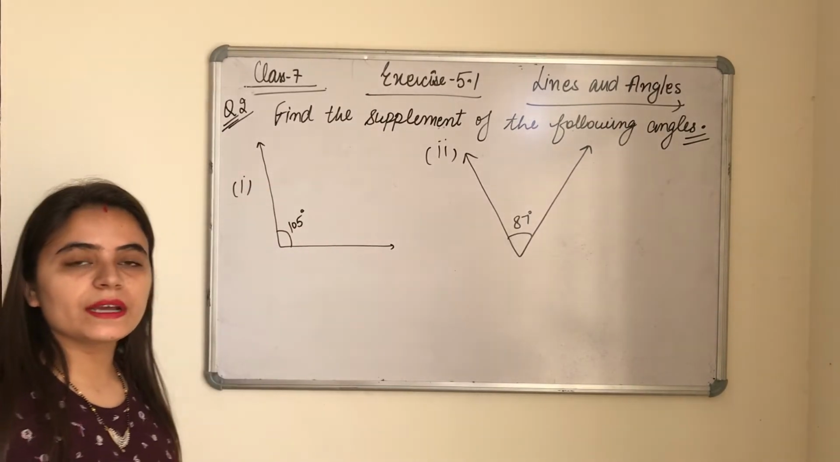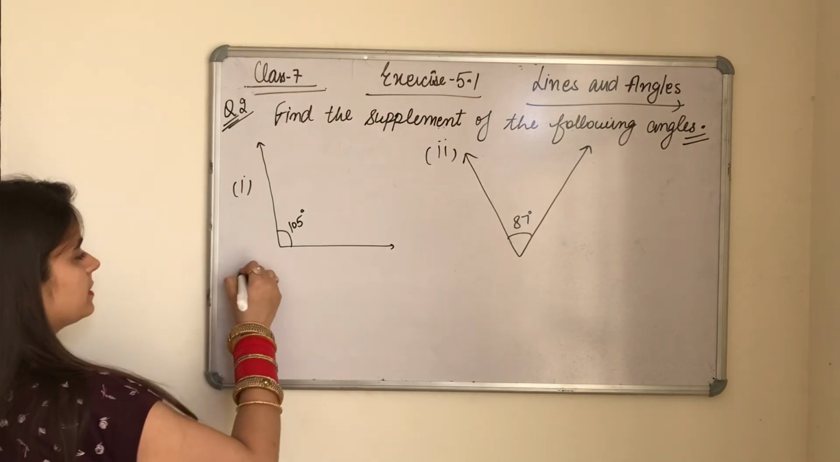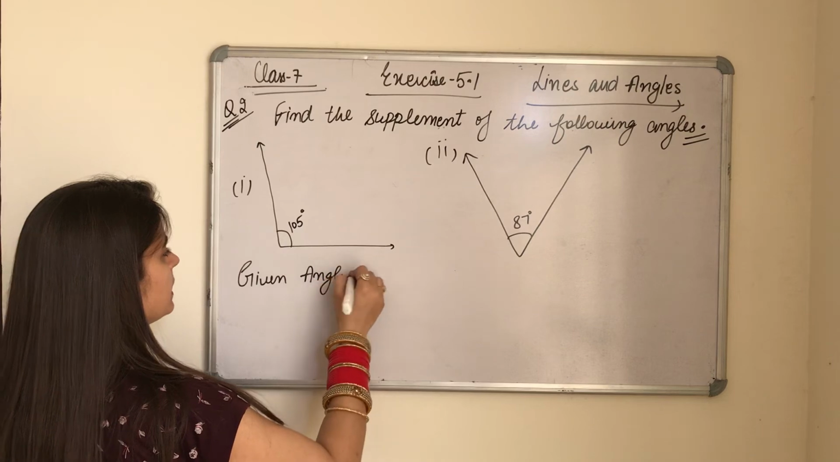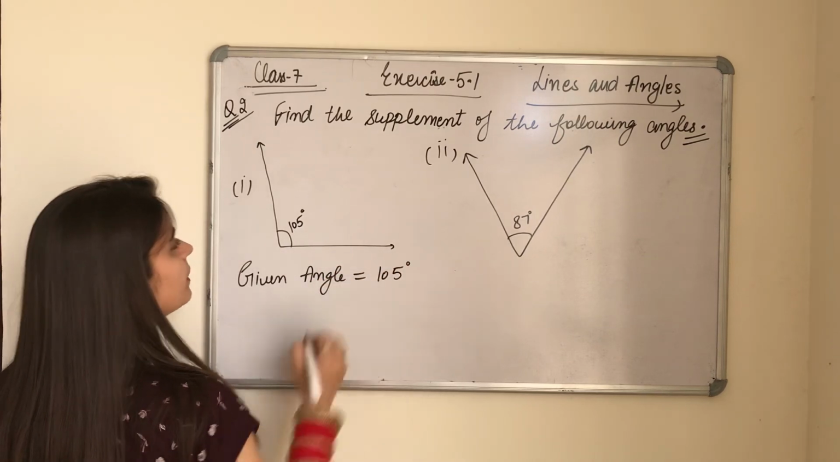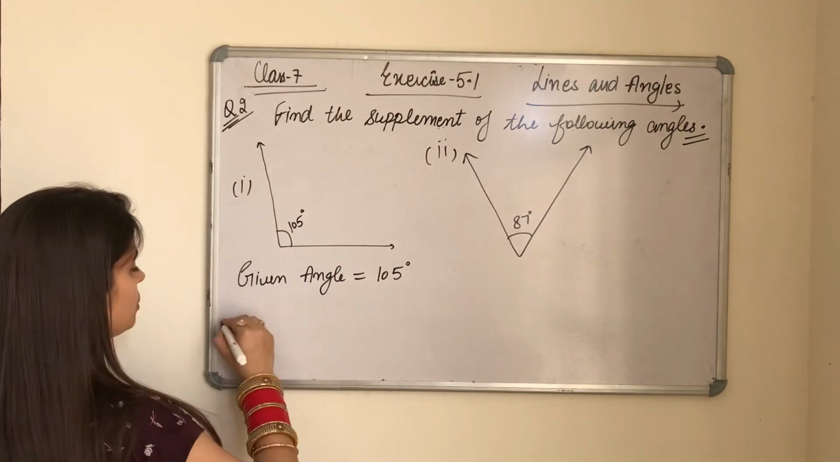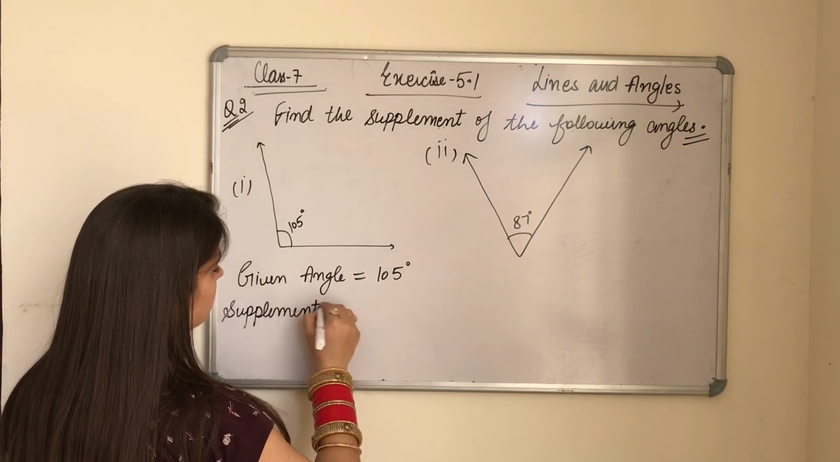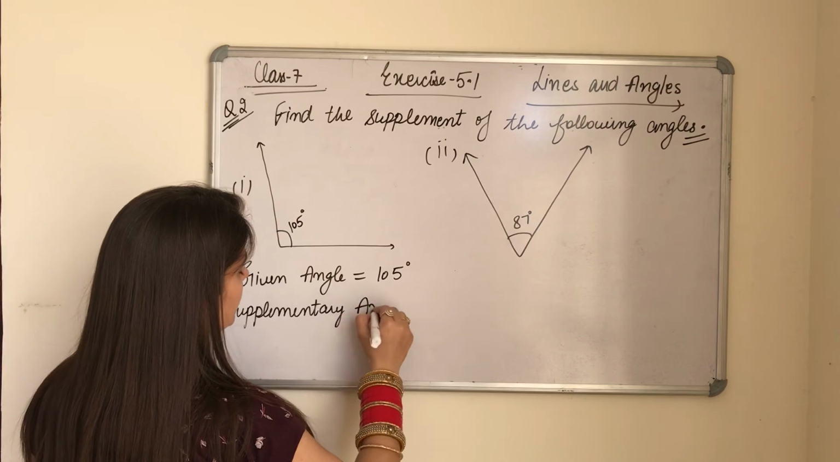Sum of supplementary angles is 180 degrees. So write given angle is equal to 105 degrees. We need to find the supplementary angle. Supplementary angle is equal to